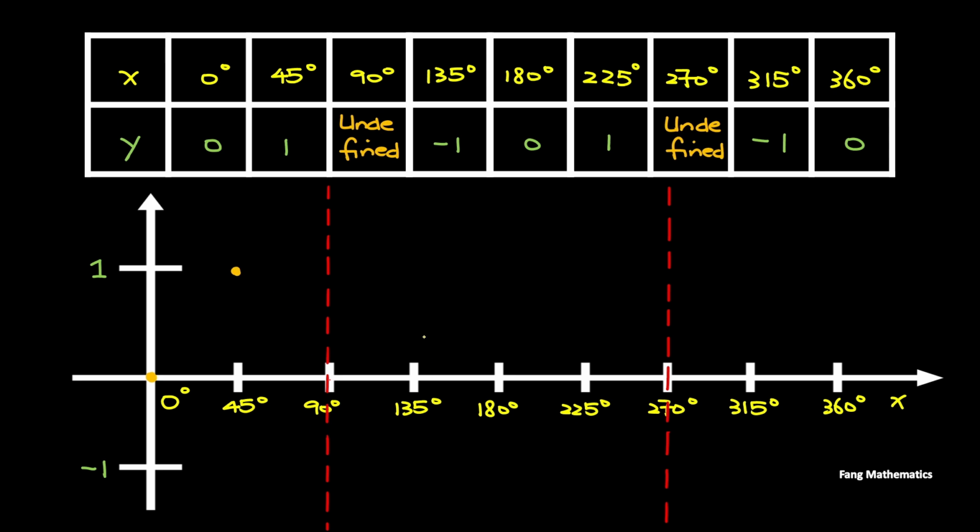skip 90 degrees, 135 degrees, -1, 180 degrees, 0, 225 degrees, 1, skip 270 degrees, 315 degrees, -1, and 360 degrees, 0. And now we are to draw a discontinuous graph starting from 0 degrees, move up,